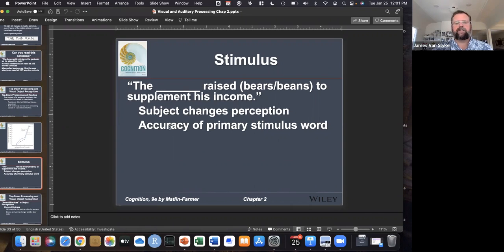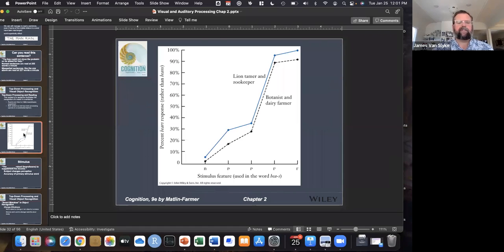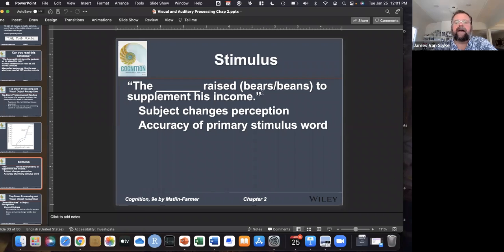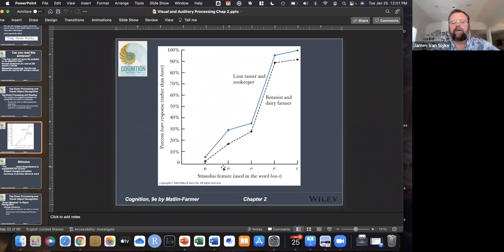So the stimulus was that either a lion tamer or a zookeeper or a botanist and a dairy farmer raised either bears and beans to supplement his or her income. So the subject changes how we perceive it, but then the accuracy of the primary stimulus word also changes how we perceive something. So if you look down here, here are the different letters that we're at of, let's see, that we're at the end of either beans